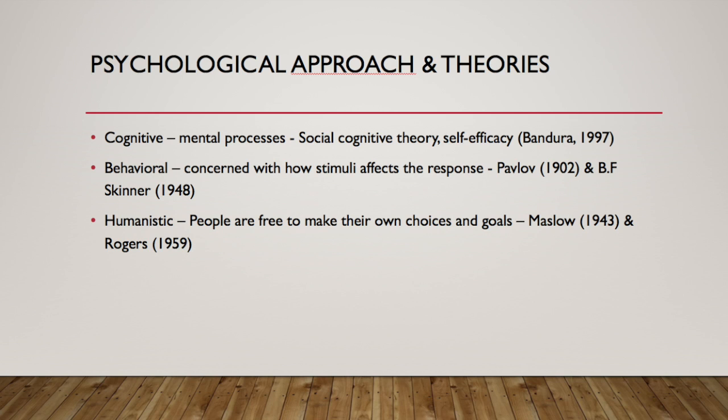Operant conditioning is when a person learns through rewards and punishment for behavior. B.F. Skinner studied this by placing lab rats in a Skinner box. If the lab rat pressed the blue button, he would receive food as a reward. If he pressed the red button, he would receive an electric shock. As a result, the lab rat would learn to press the blue button but not the red one.